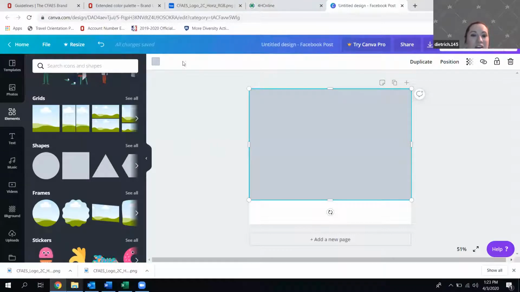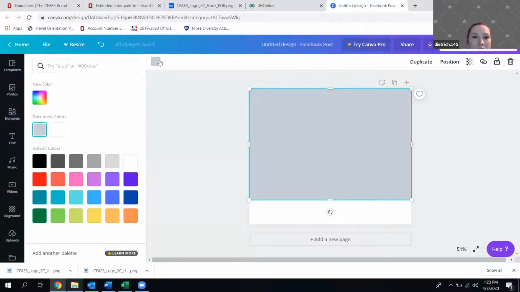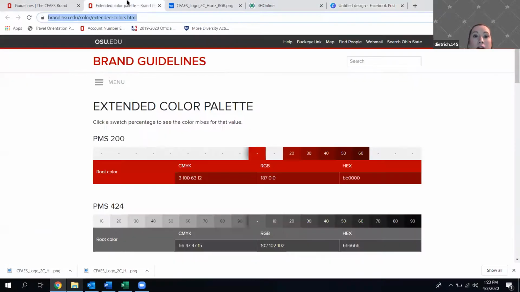They're going to change. So up here in the left-hand corner of your canvas is a square where you can change the color. I want it to be the Ohio State red, the Ohio State scarlet. And so I'm going to go find the hex code. This is a web color code. And the hex code for scarlet red is